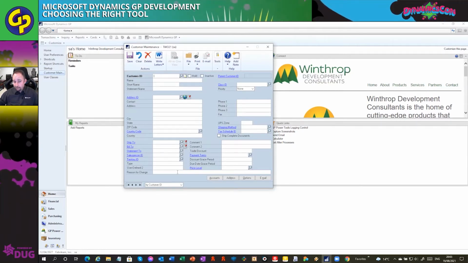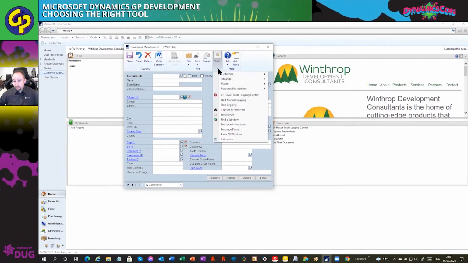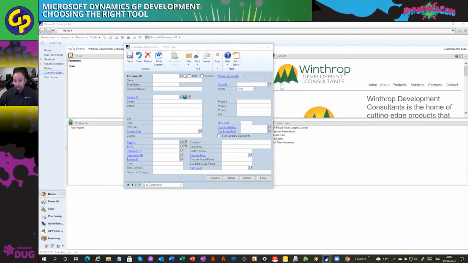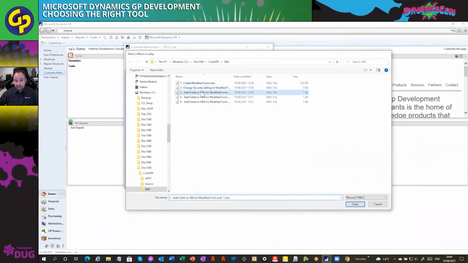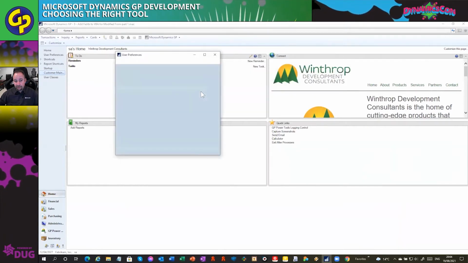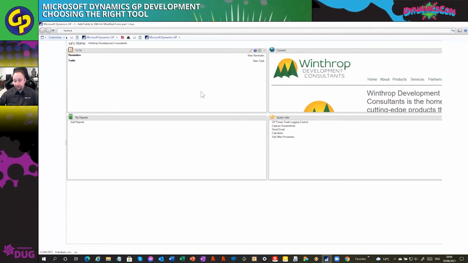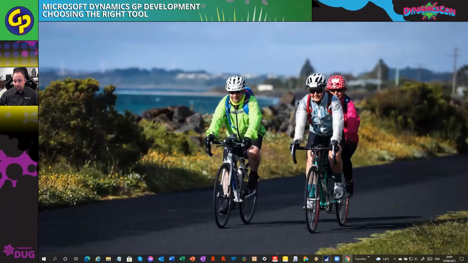Now, something to realize is that with the ribbon, these are not actually Dexterity buttons, and we can't add these to VBA. So before we can actually use and add the fields, we need to run another macro, which is going to open up the user preferences for this user. Let's start it. And it is going to change it to use the original menu mode rather than using the ribbon. So now if I relaunch GP,